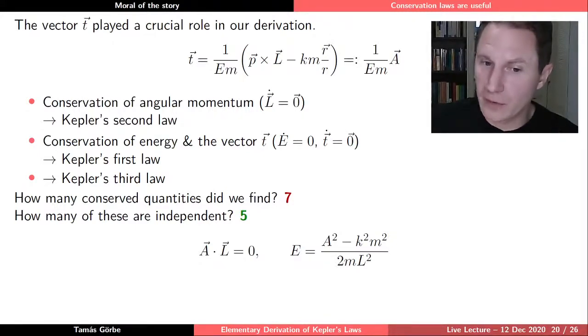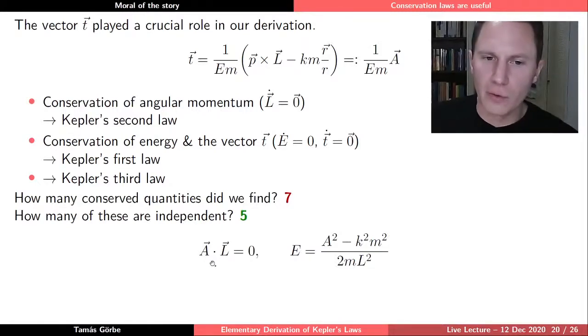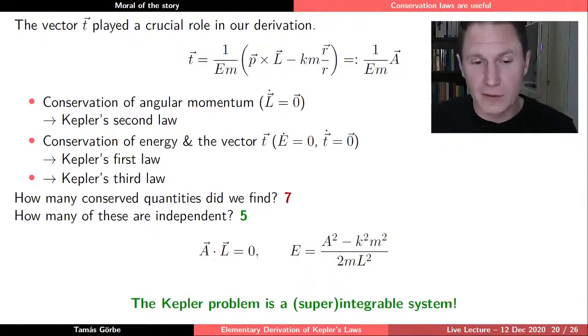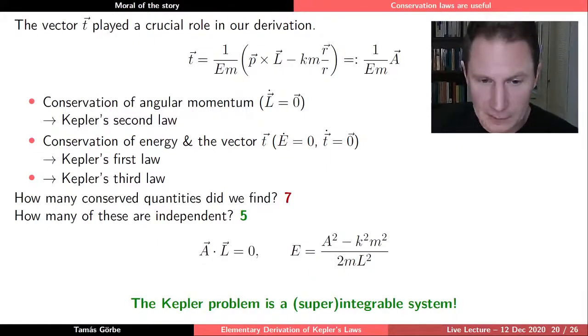Remember, the angular momentum was perpendicular to the plane of motion, so their scalar product has to be 0 always, and also the energy can be expressed using this Laplace-Runge-Lenz vector and the angular momentum in this way. So E can be expressed using the other 2 conserved quantities, and there is a relation between the components of A and L. So in reality we only have 5 independent conserved quantities, which could also mean, what is actually true is that this Kepler problem of